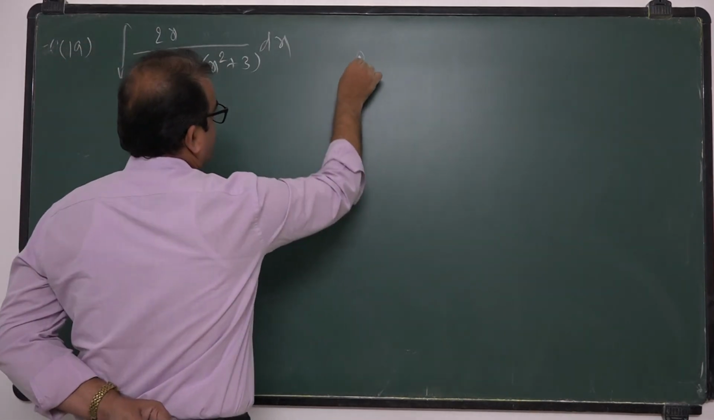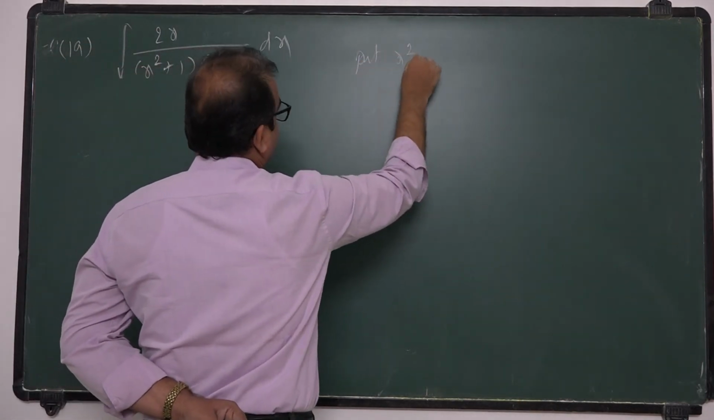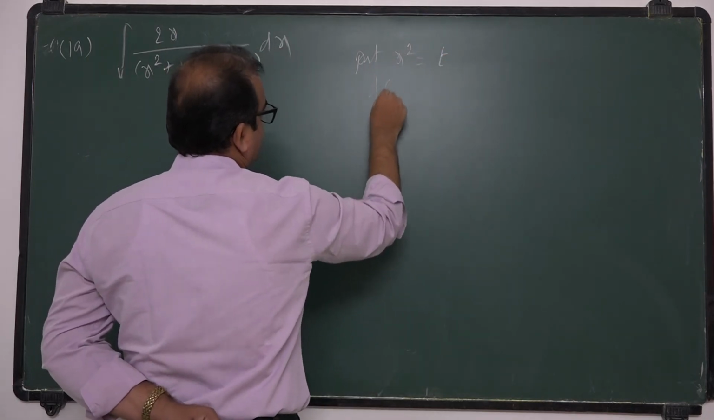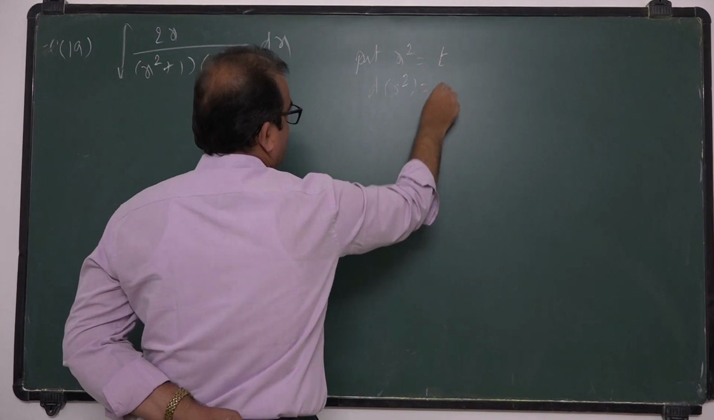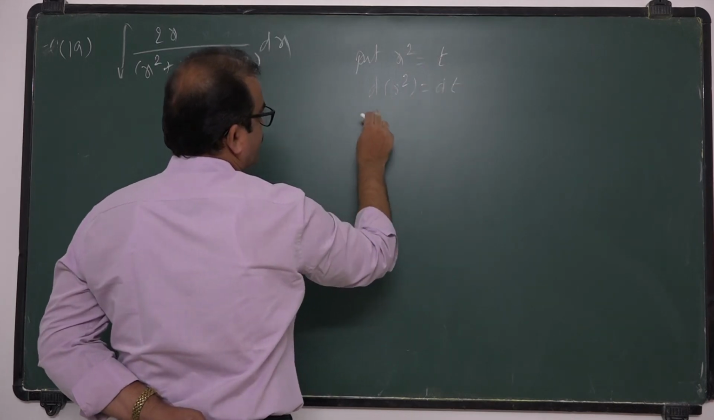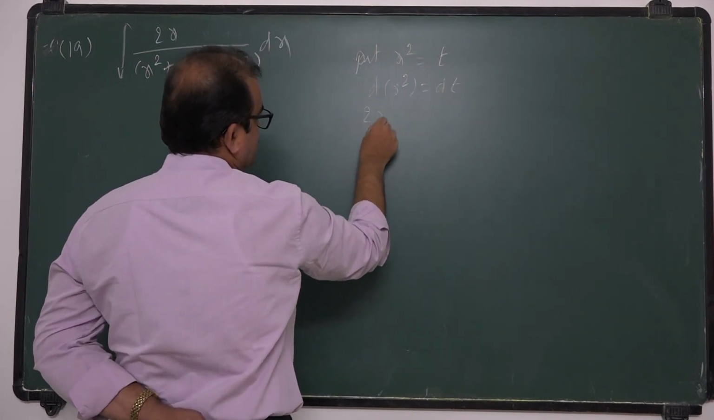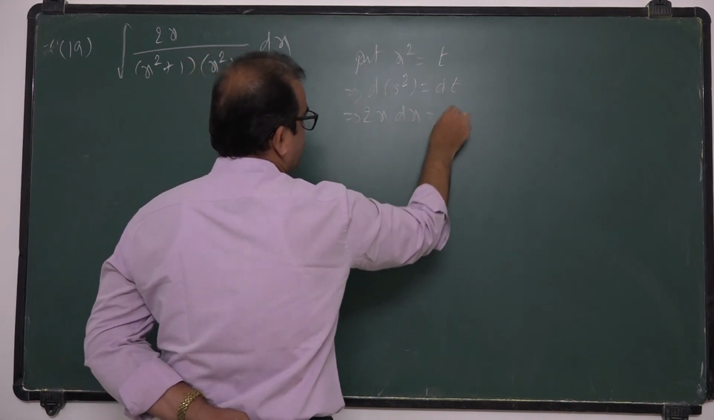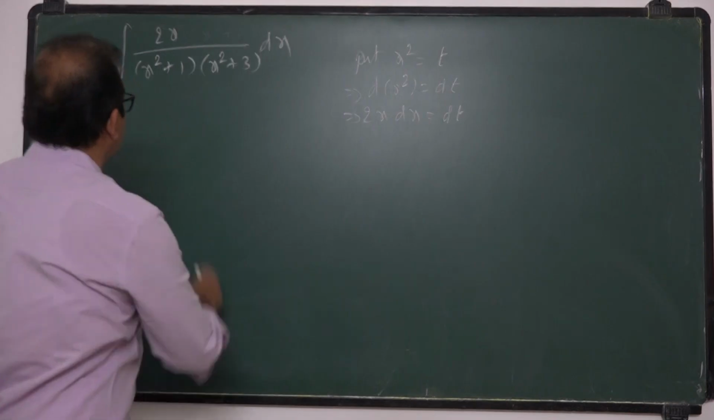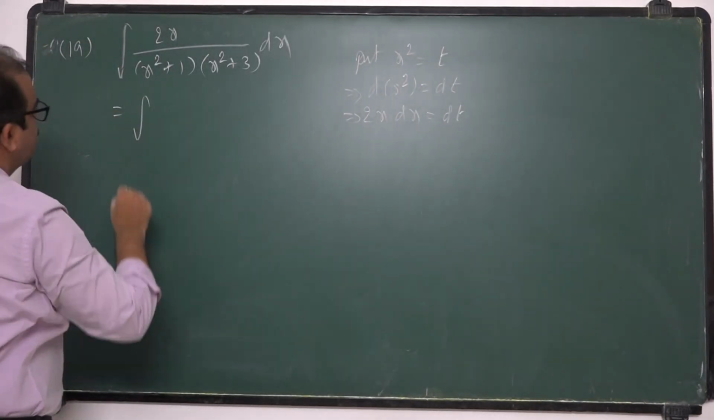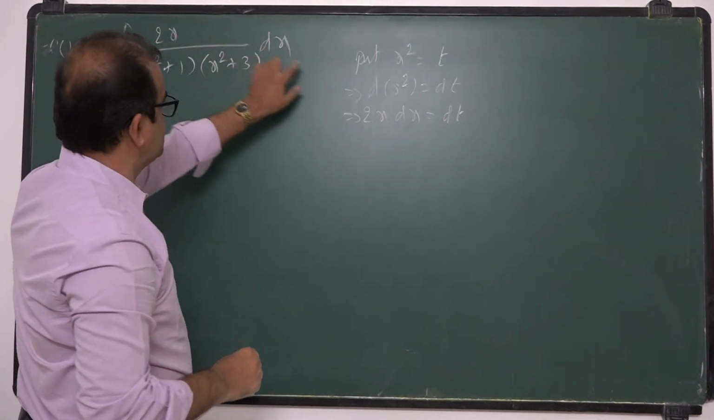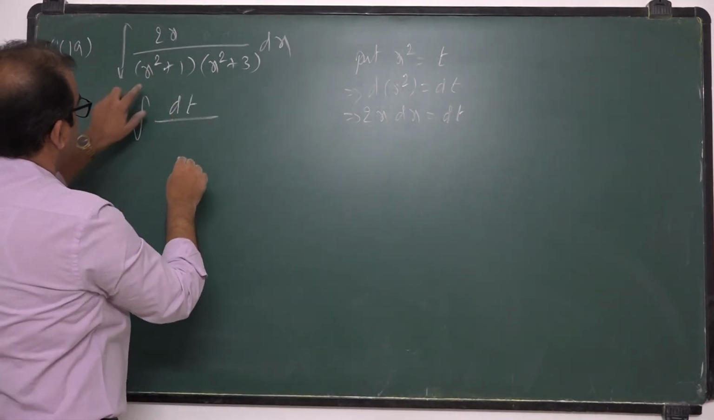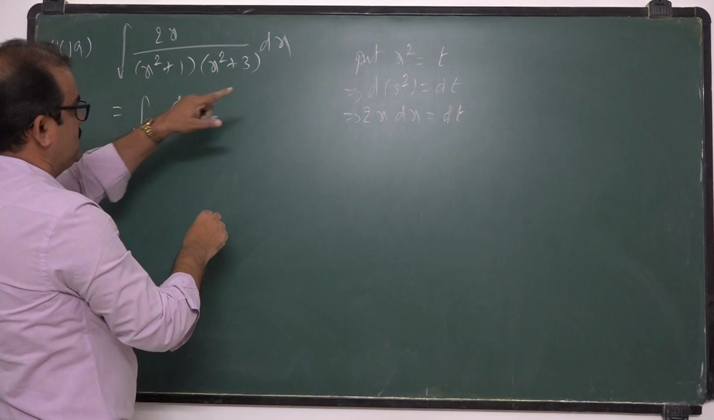Here you put x² equal to some t. Taking derivative on both sides, the derivative of x² is equal to the derivative of t. The derivative of x² is 2x dx, which is equal to dt. So this problem becomes the integral of the numerator 2x dx, that is dt, by the denominator, where x² is taken as t